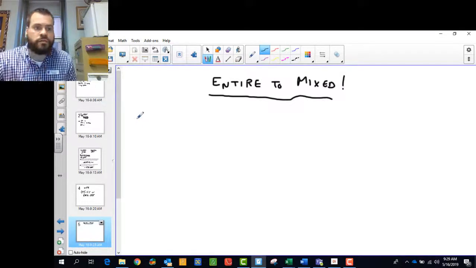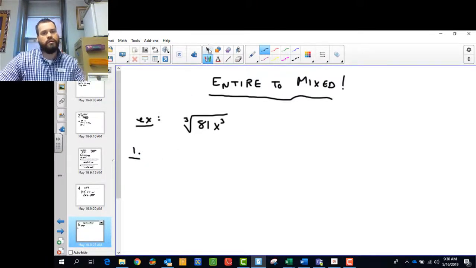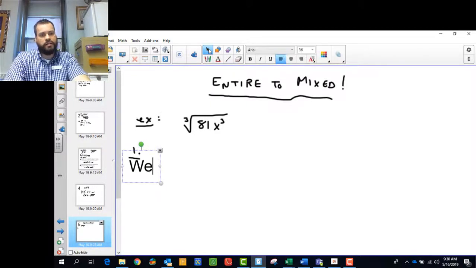So imagine, just for example's sake, and we'll start with the cube root, that I have the cube root of 81x to the 3, okay? And I want to make that entire radical a mixed radical. So what do I do? So the first step, and again I'll type these out, is we try to find